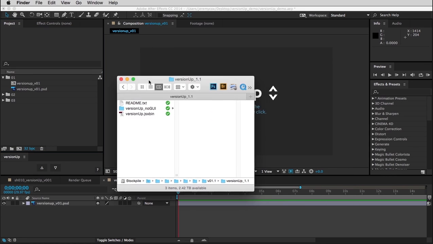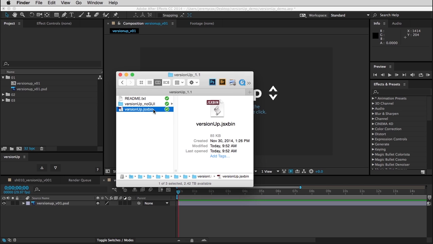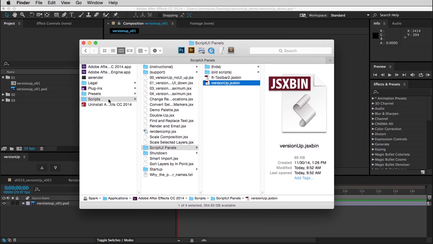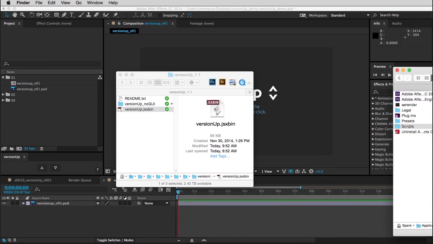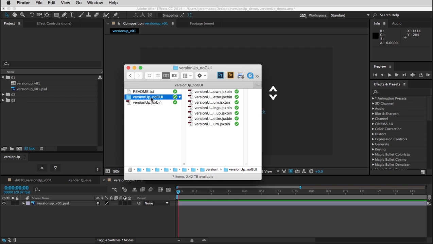To install VersionUp, it's the same as any other script. You take your script file that you downloaded, and you put that into your ScriptUI Panels folder, so it should live right here. So if you've installed VersionUp before, you'll see that there's actually a new folder here with a bunch of scripts. These are all non-user interface versions of the individual functions in VersionUp. These can be used to add buttons to FTToolbar, or even be triggered by keyboard shortcuts. I'll show you these working in this video, but check out my other video for a full walkthrough on how to set that up.